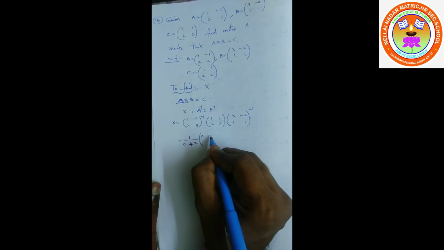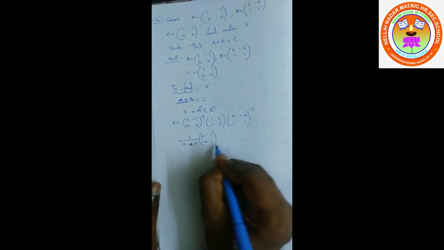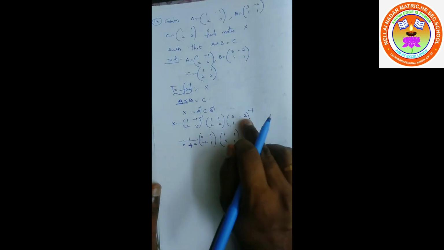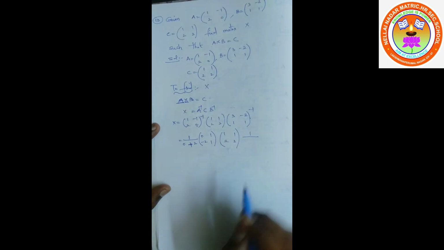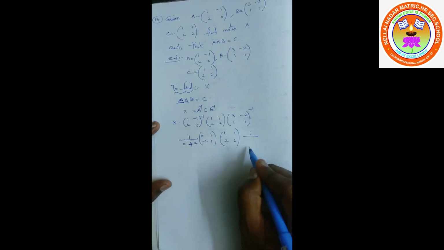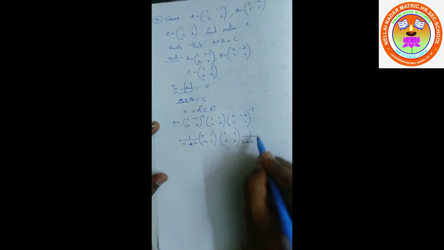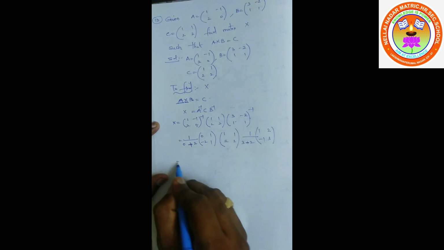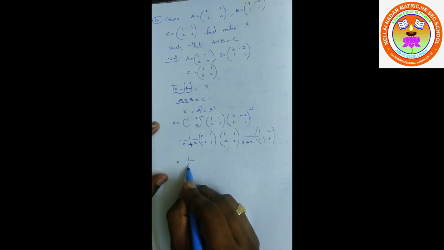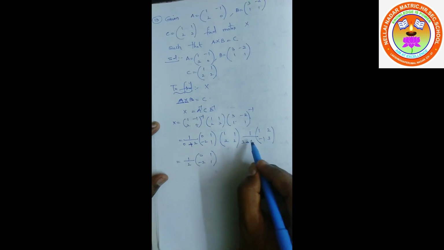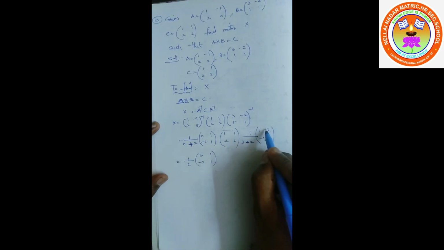Next, for this adjoint, these both will be transposed, 0, 1. This minus will become plus, this plus will become minus 2. Next, 1, 1, 2, 2. Next, for B inverse, 1 by determinant, so always put minus, 3 into 1 is 3, 1 into minus 2, already minus, so it becomes plus 2. Next, adjoint: 1 goes here, 3 moves here, minus 2 becomes plus 2, plus 1 becomes minus 1. So 1, 0 plus 2 is 2, 0, 1, minus 2, 1.